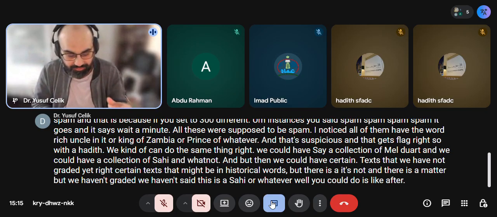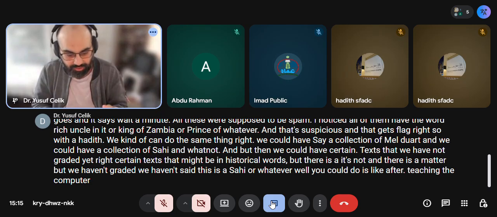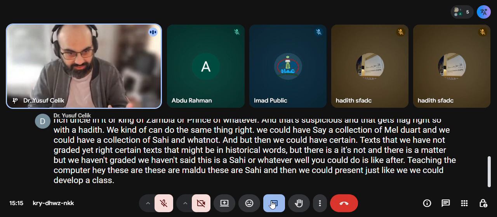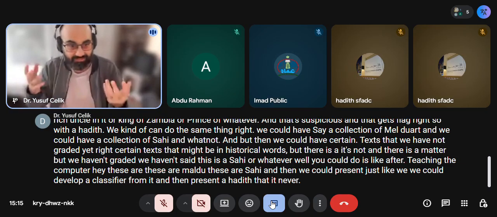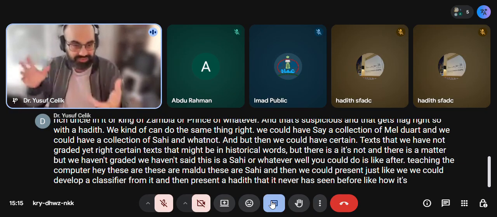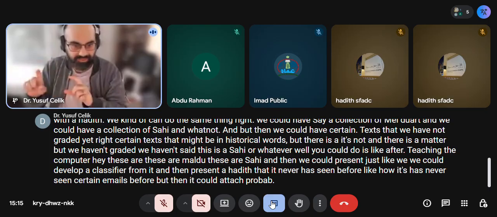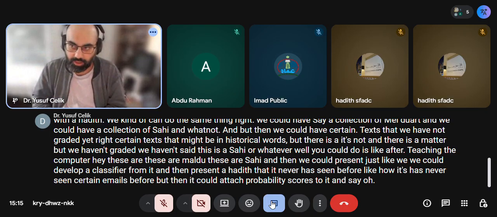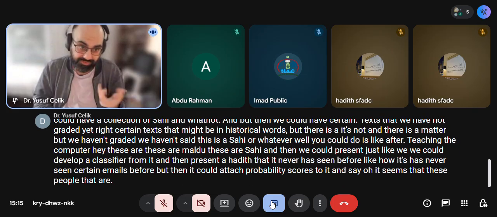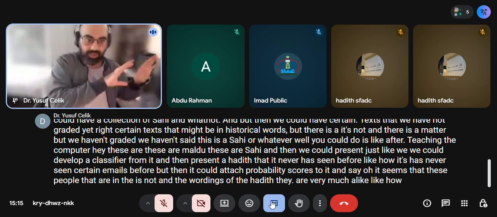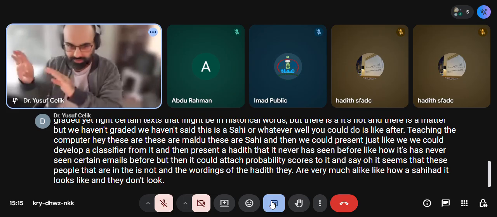What we could do is, after teaching the computer, hey, these hadiths are mawdu, these are sahih, we could develop a classifier from it, and then present the hadiths that it has never seen before, like how it has never seen certain emails before. It could attach probability scores and say, oh, it seems that the people in the isnad and the wordings of the hadith are very much alike how a sahih hadith looks, and they don't look anything like the